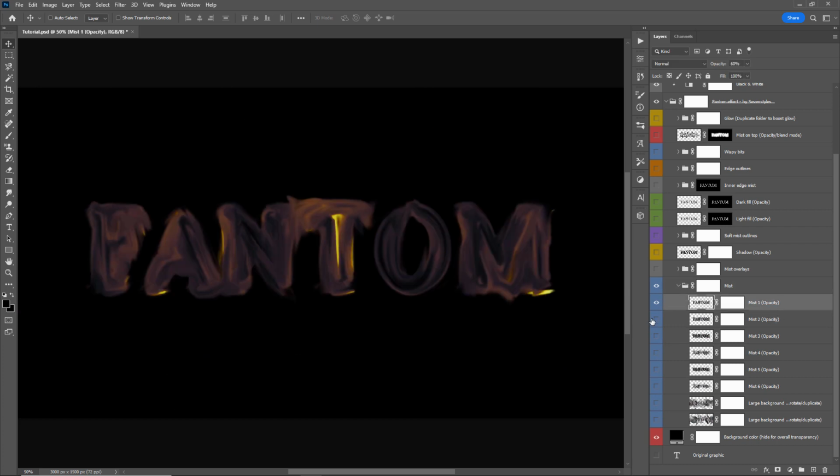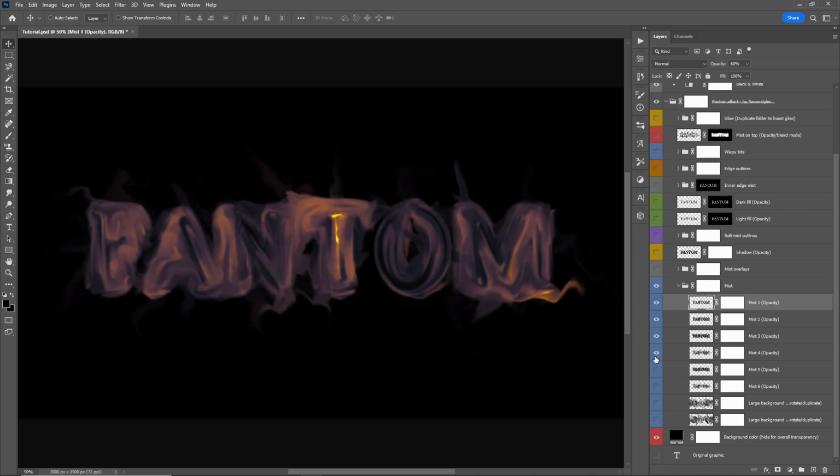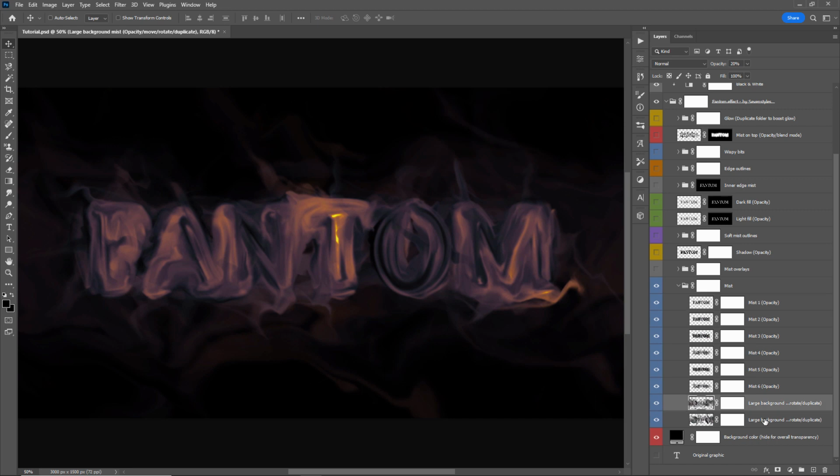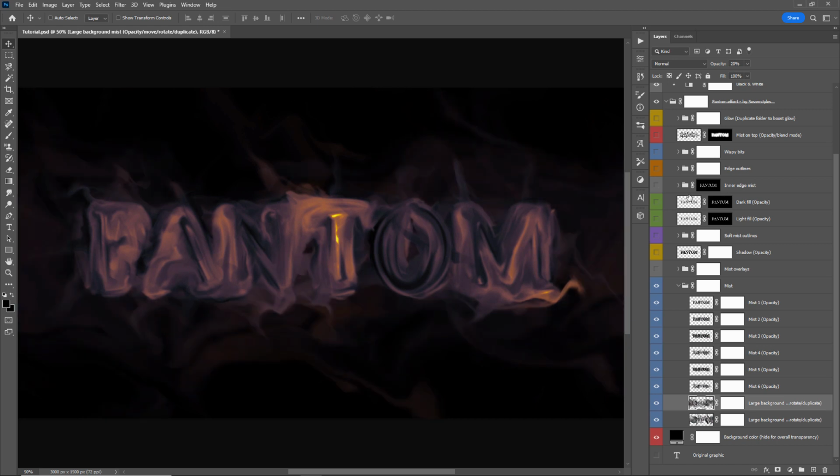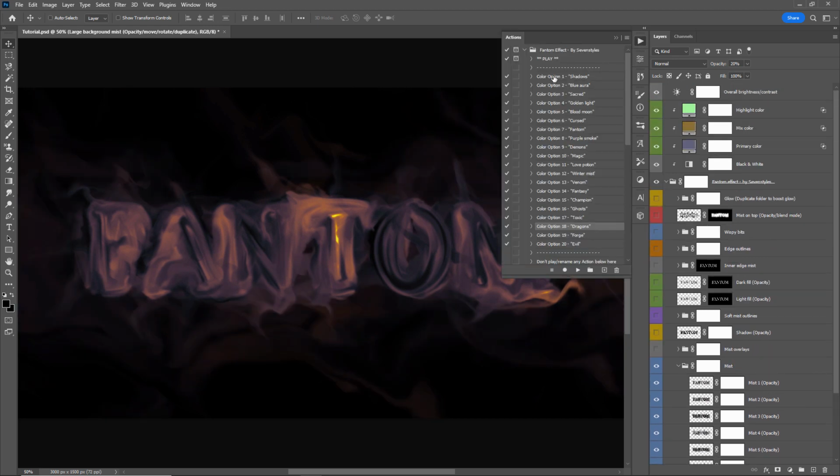So these are the individual, I've just called them mist layers. So if I turn them on one by one, you can see how they start building, and these bottom two here are the large mist layers. So if I just increase the opacity here, you can see those coming through a bit more. What I might actually do, I might just run the shadows action here, bring everything back to black and white,